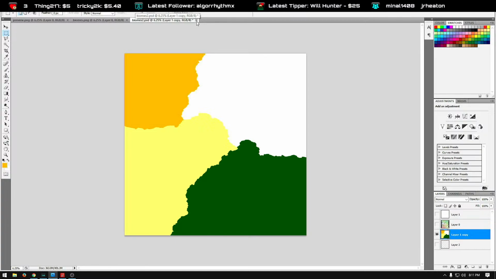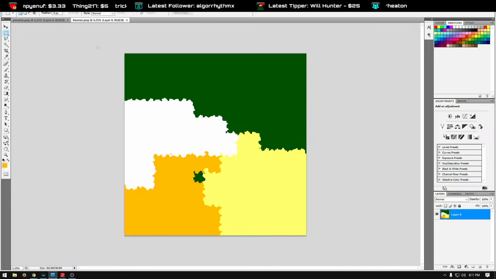Let me close this one down here. Alrighty. The reason we open both is we want to be able to reference the colors. You need to pay close attention to the fact that you are using only the colors that are available or supplied in the original biomes.png that is generated when you create the world. So back to the preview,